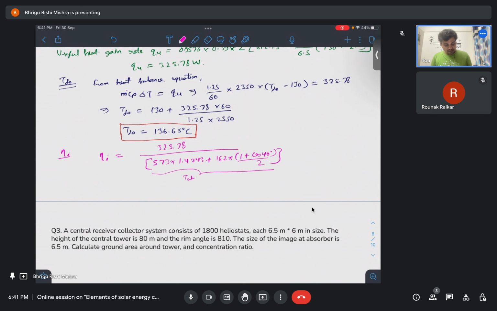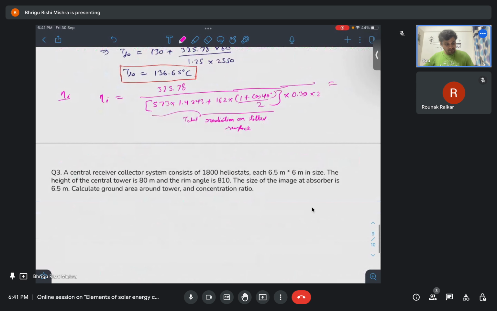This one is total radiation on tilted surface, and then the area of the entire collector, that means Ap. So here W into L basically, so 0.39 into 2. So if you solve this, you will get eta is 0.4345,